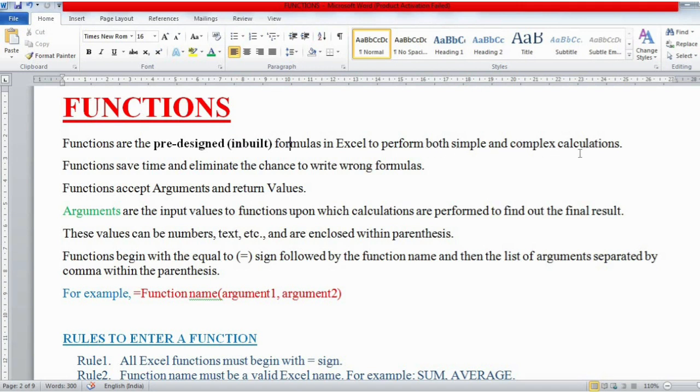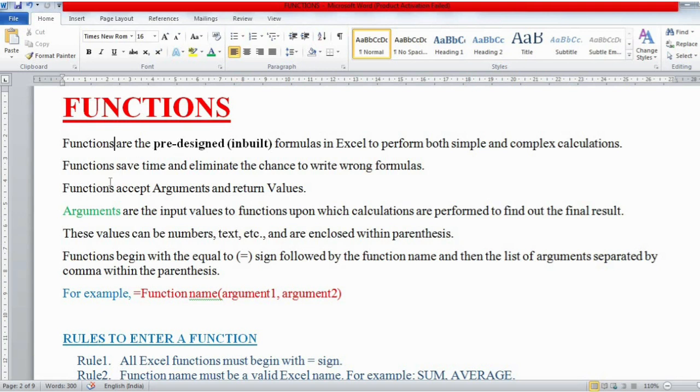So what does this mean, students? It means that the developers of Excel, the people who created Excel, have already designed some formulas for us which are known as functions. They designed these formulas so that we can do simple and complex calculations. Because they are pre-designed, we just have to use them in our calculations.